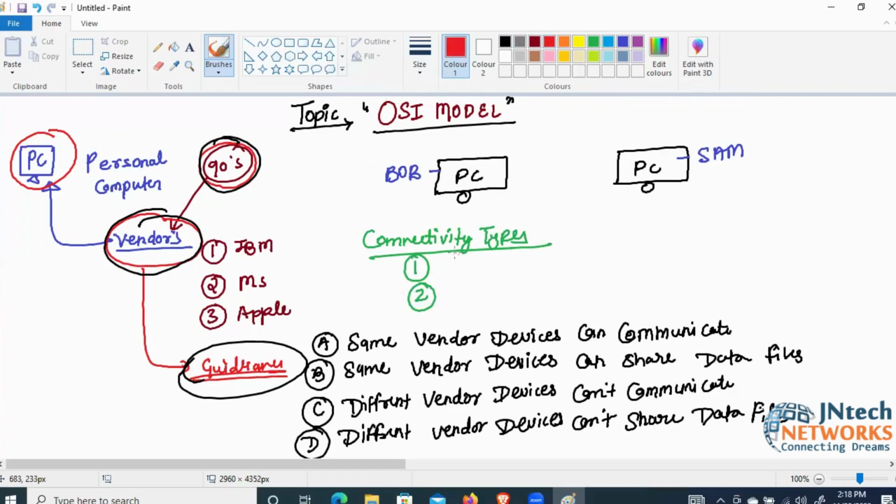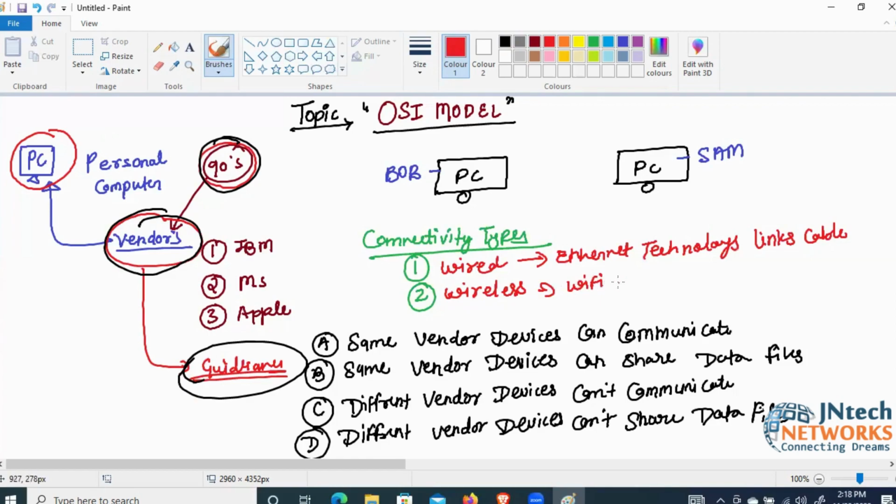One is wired, and the other one is wireless. In wired technology, we use Ethernet technology links cable. And for wireless, we use